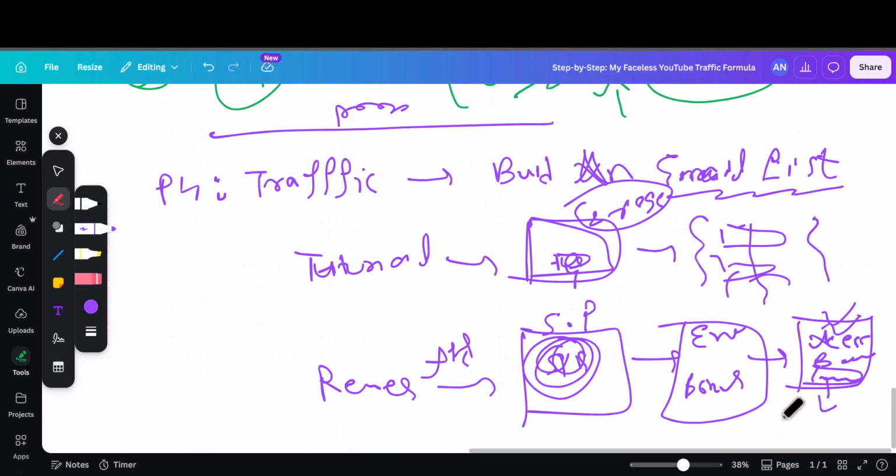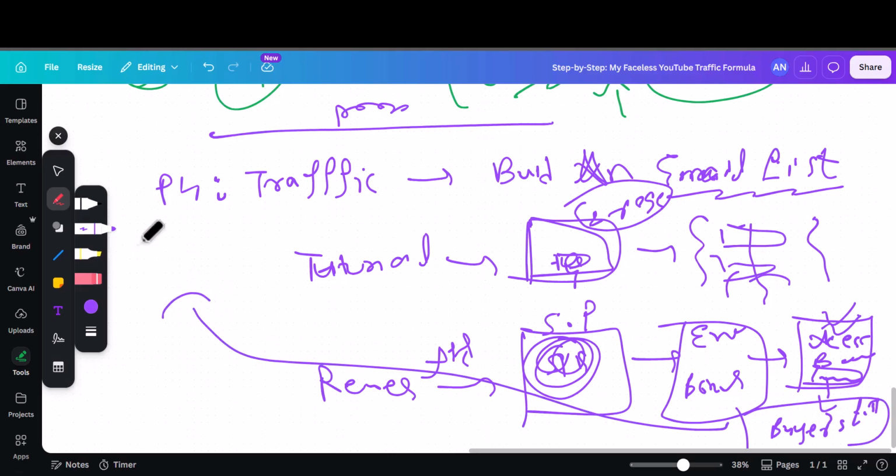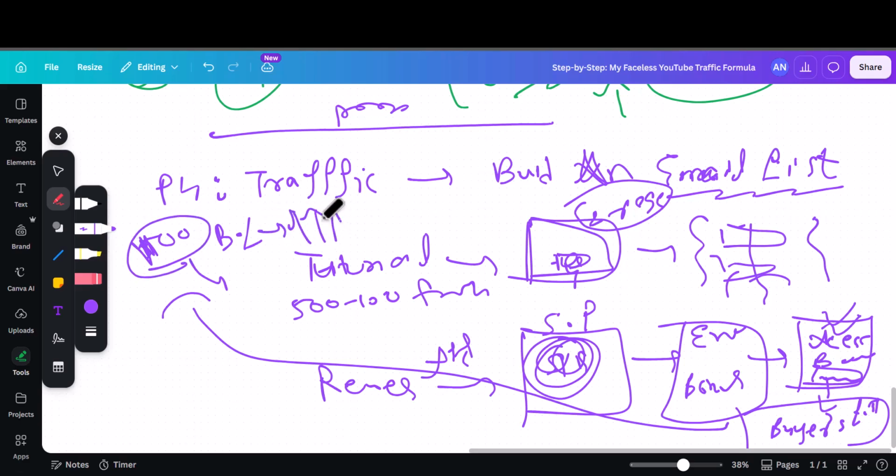So these emails would be a highly valuable asset, and that would be the buyers list. So if you have enough of this, for example, if you have like 500 or even 100 of these buyers, they are much more valuable than 500 to 1000 of those freebie seekers, right? Your conversions on the next promotion that you do will be way higher. You will convert 20%, 30, 40, 50% higher, because they know that whatever you're recommending is actually value for money, and your bonuses are going to be value for money as well. This is how affiliate marketing works, and this is how YouTube works, right?